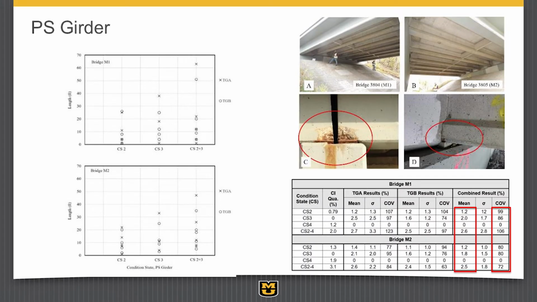I think what we came up with ultimately in the conclusion, when I get to the conclusion slide, is the results vary by plus or minus 50% on the low side, and often they're very much higher. And so here's a pre-stressed girder. This is looking at a situation, well, what if there's very little damage? The pre-stressed girder didn't have much damage in it. Again, these coefficients of variation, which tell you the percentage of spread as a portion of the mean value, are up around 100% in some cases, right? 80, 90, 100%. So there's a lot of variation, and that is the outcome point of that.